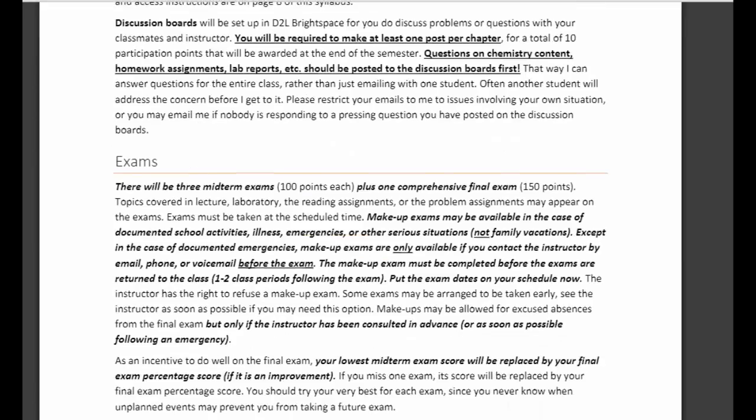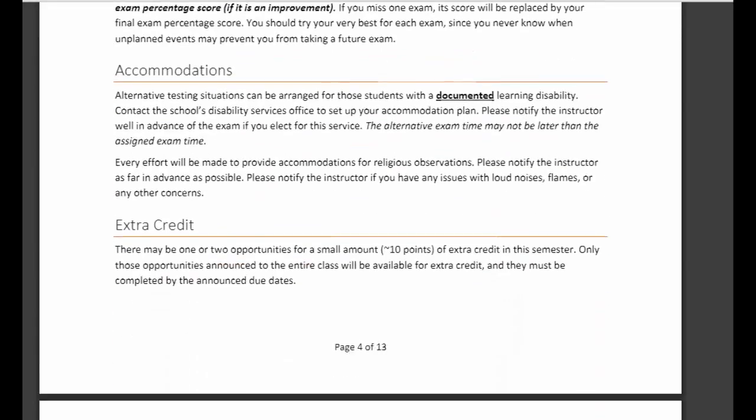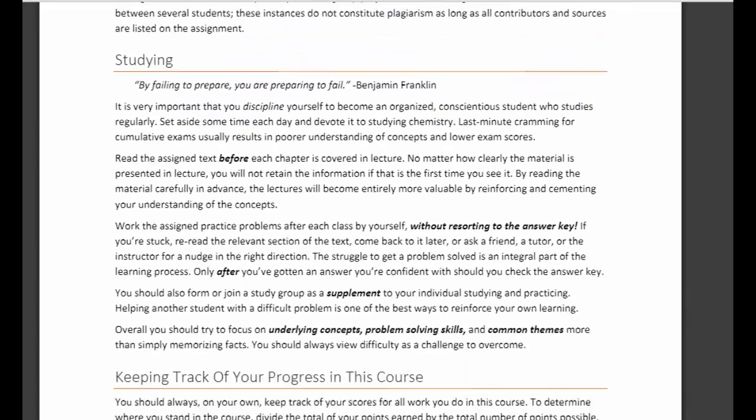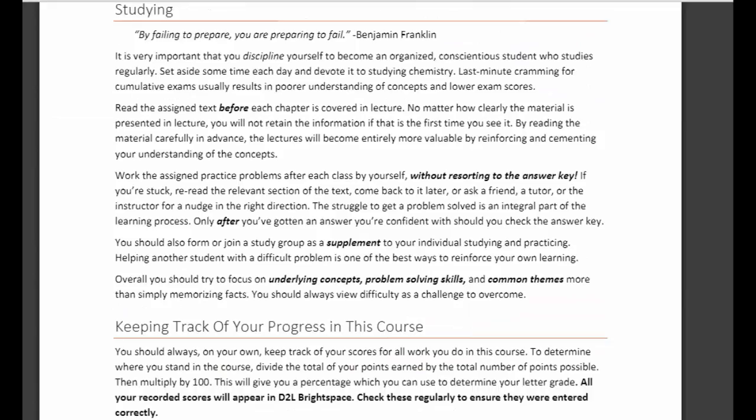Okay, that's all in there. We talked about exams. You can read about accommodations and academic dishonesty. We talked a little bit about studying skills, but your time management, your organization, all things like that will be